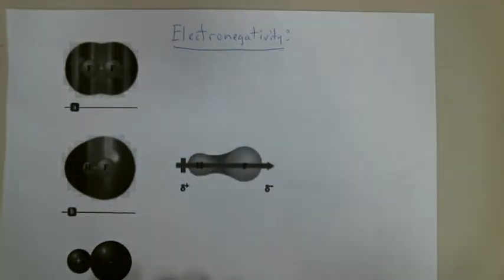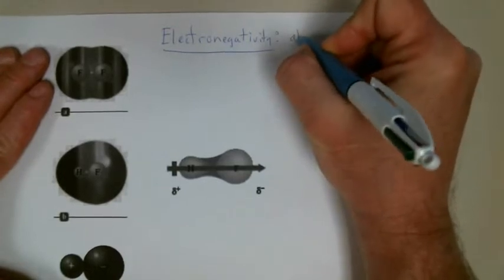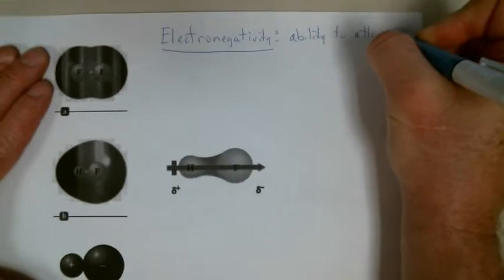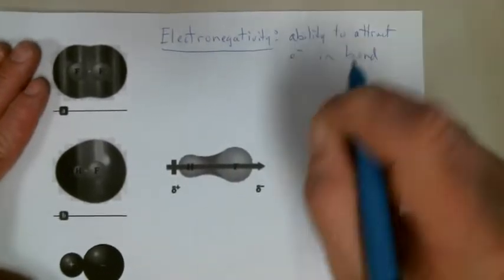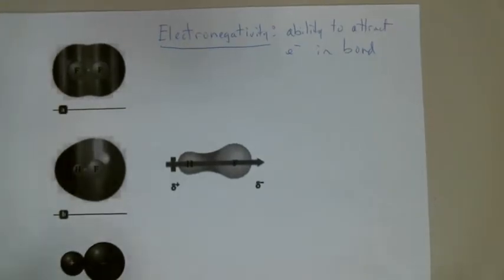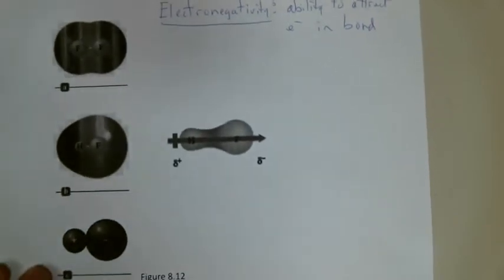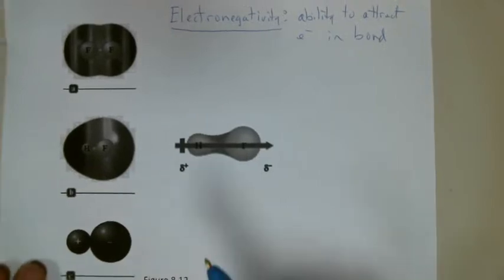Electronegativity. I defined it in the last chapter because I wanted to do all the periodic trends together, right? And so electronegativity is the ability to attract electrons in a covalent bond. And so this figure 8.12 shows 3 possibilities here. I'm going to show the bottom one first. This is